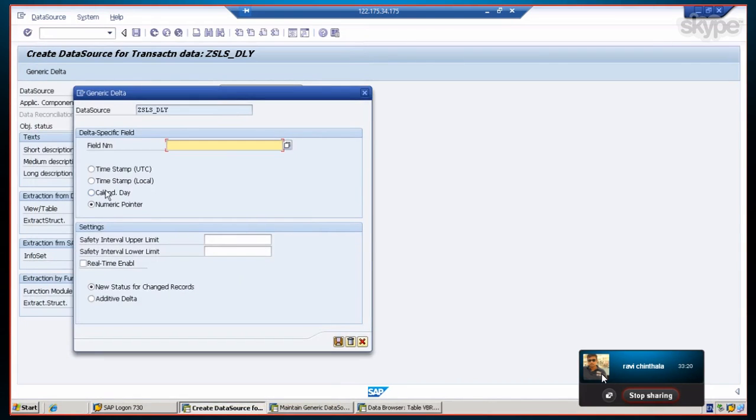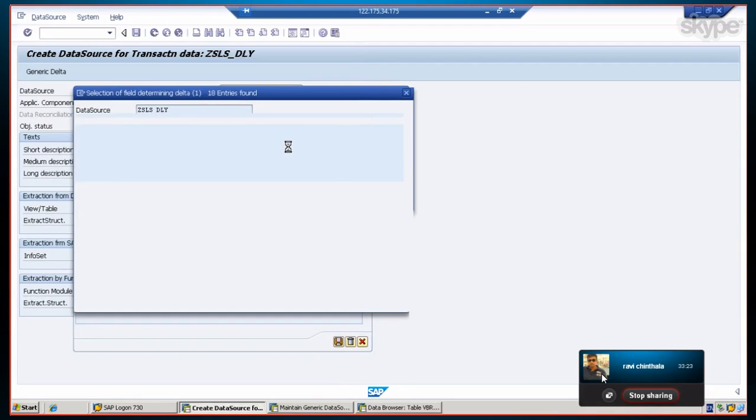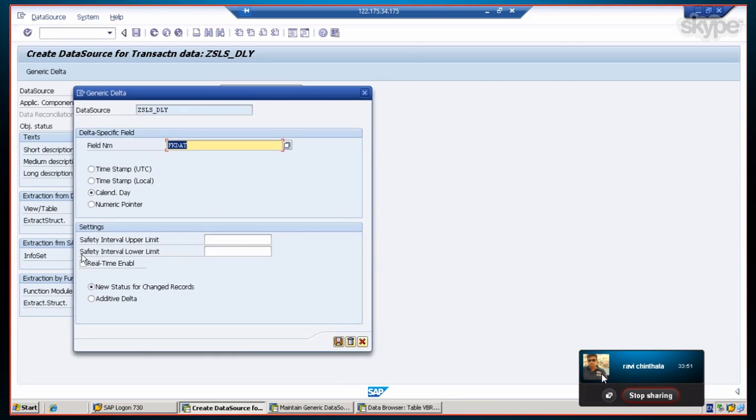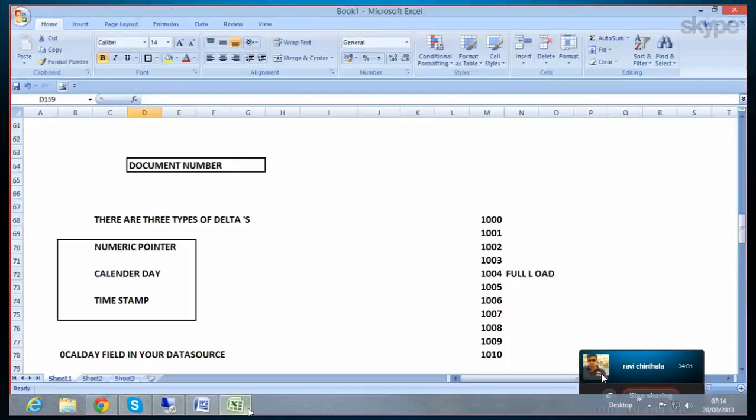Here I will give numeric calendar day. We will select one calendar day field. Here in our data source there are fields available, and we will select the billing date, or the date on which we will select a date field. And you can give a safety interval. It means you have a safety interval upper limit or safety interval lower limit. You have to choose one of them. For example, if you choose a safety interval upper limit,